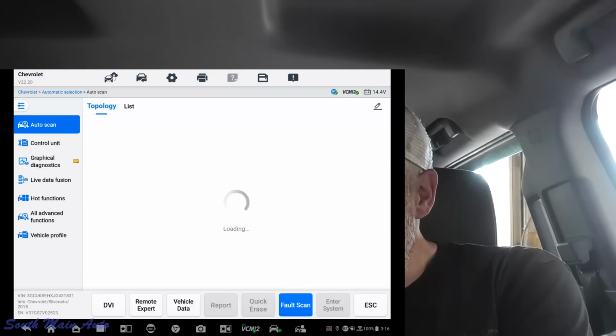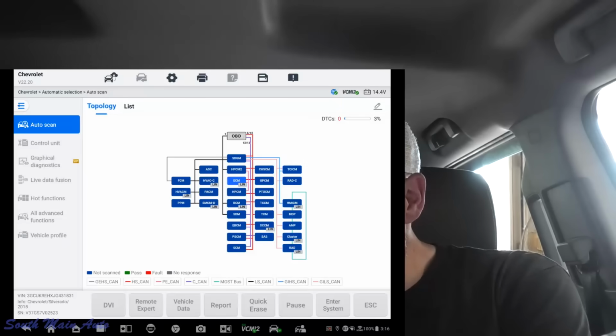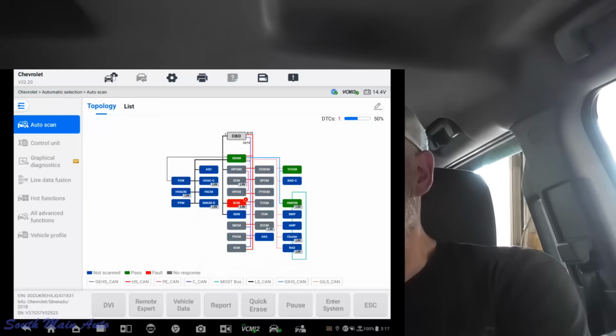This one has a problem that I've never fixed before, which is also unusual on a Chevy, especially one this old. The rear slider doesn't work, the rear window. I push the switch up and down, nothing works. So there's that. I don't know anything about them. But what I do know is that,